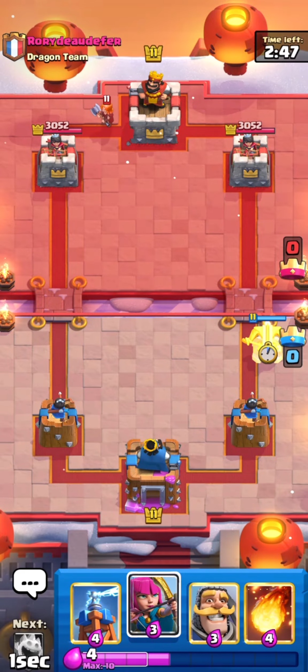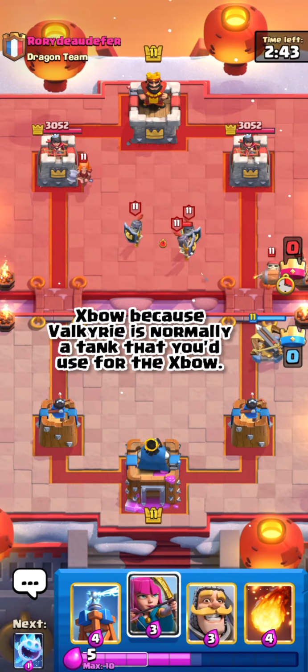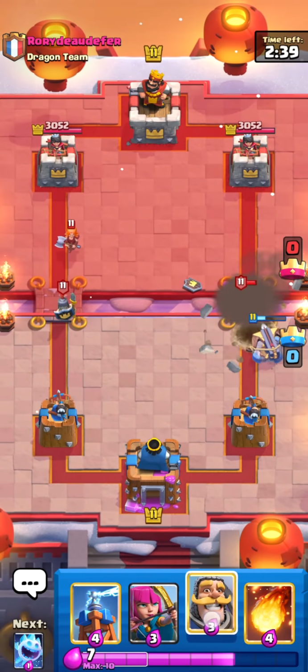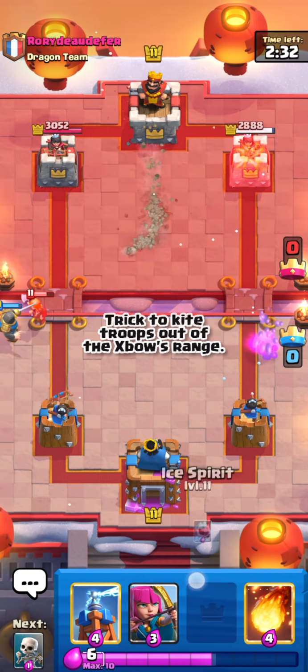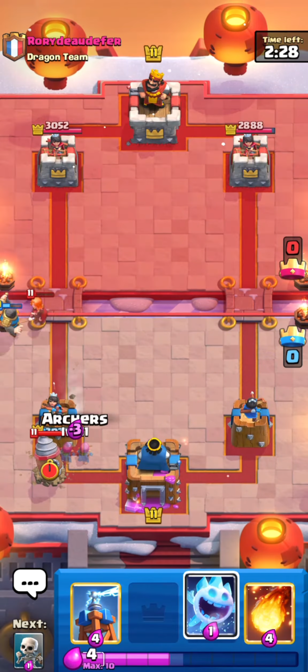He's going to go for a Valk first play. So I'm going to Xbow opposite, because Valk is a tank for the Xbow, usually. And he's going to go for Wallbreakers too, so might be a Goblin drill deck. I'm going to go for a knight for this Valk. I'm going to go for a knight like this. Notice how it pulls the Valkyrie out of my Xbow's range, and so that allows me to get the Xbow